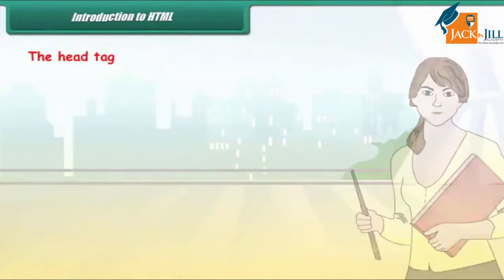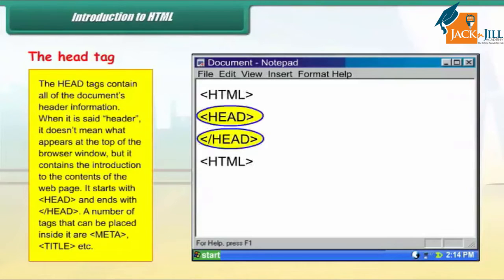The head tag. The head tags contain all of the document's header information. When it is said header, it doesn't mean what appears at the top of the browser window, but it contains the introduction to the contents of the web page. It starts with head in brackets and ends with /head in brackets. A number of tags that can be placed inside it are meta, title, etc. Example: